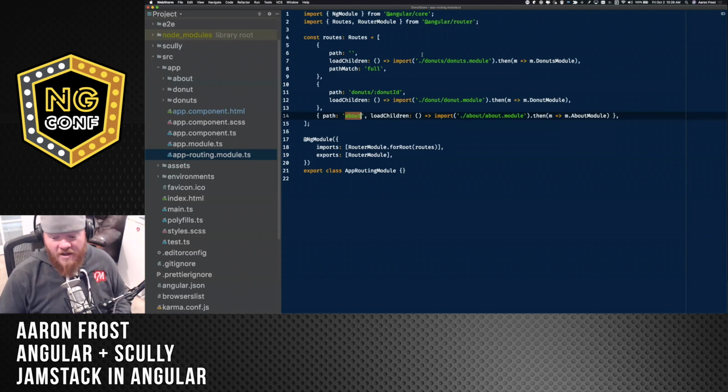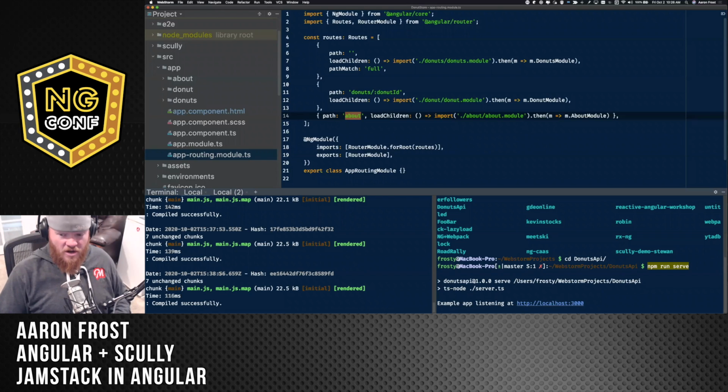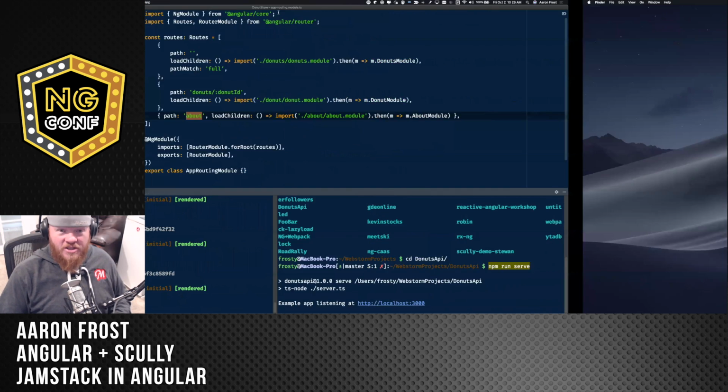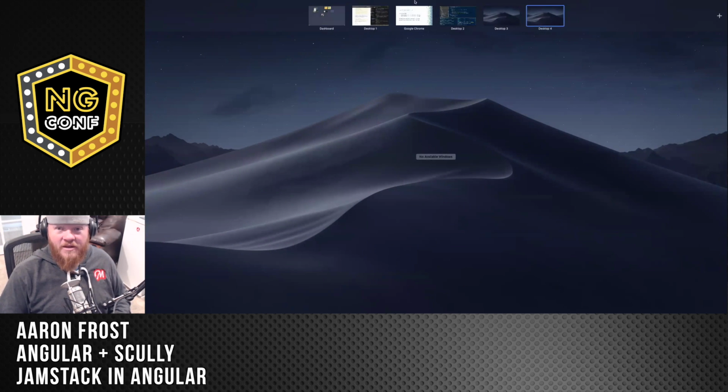Okay. So I've already served this app. I've got an ng serve going on over here, and here I'm serving my backend with npm run serve. So if anyone wants to check out the backend,